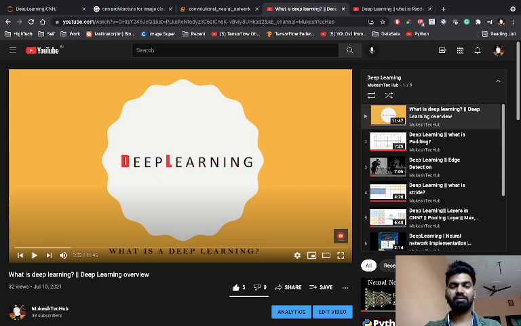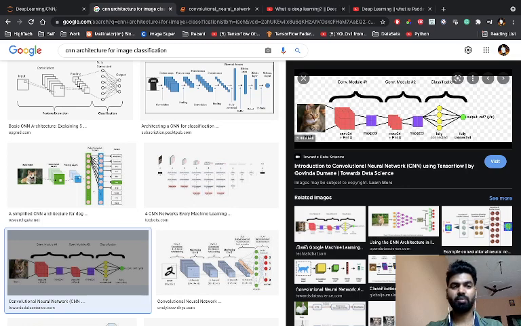Geoffrey Hinton, the godfather of deep learning, and his team implemented a nice algorithm for classifying images, or categories of images, using a CNN. Architecture-wise, suppose I'm giving multiple images to a model, or network, and the network should be capable of identifying whether it's a cat or a dog.